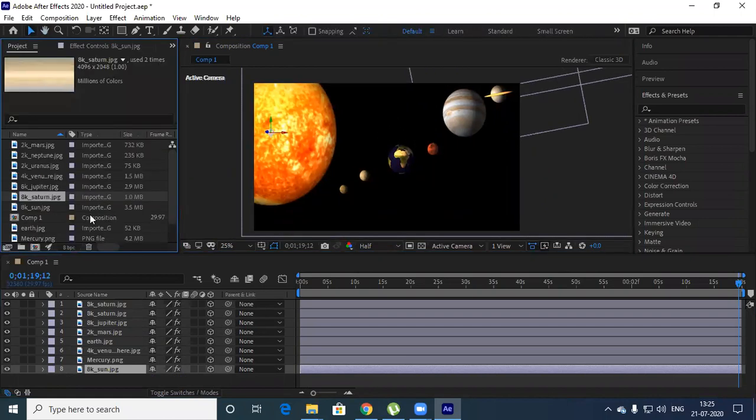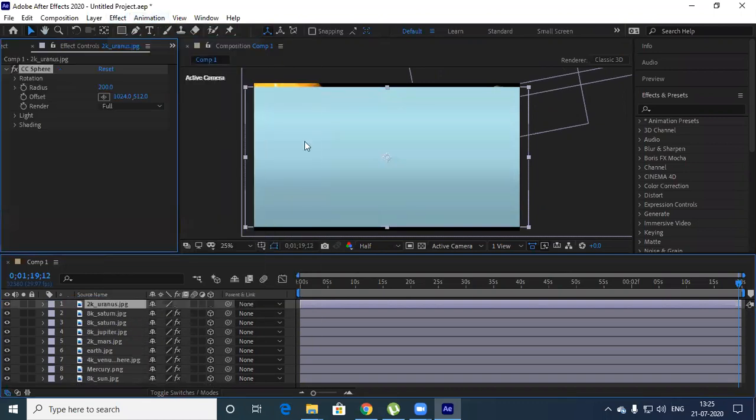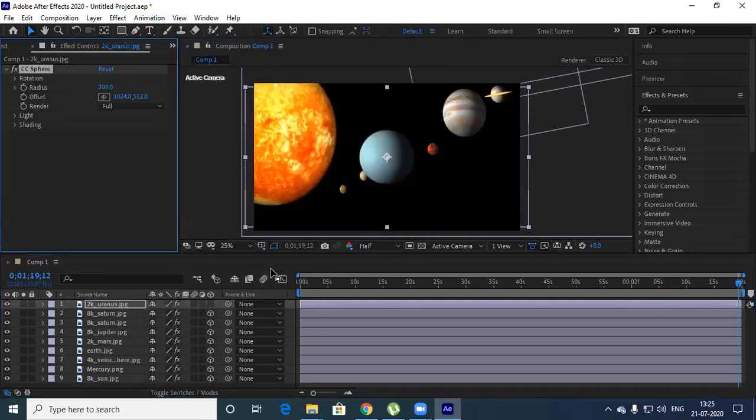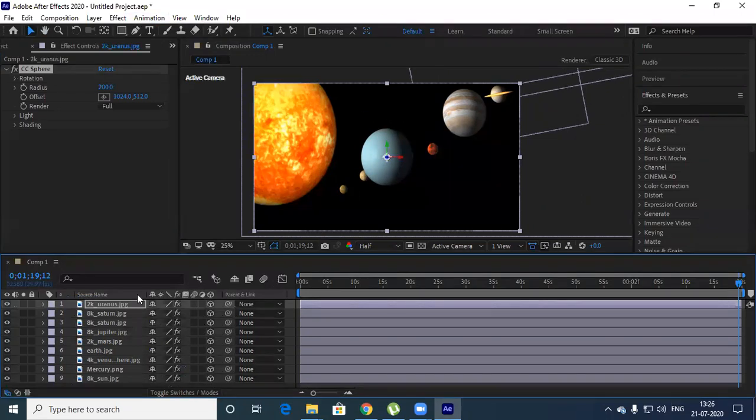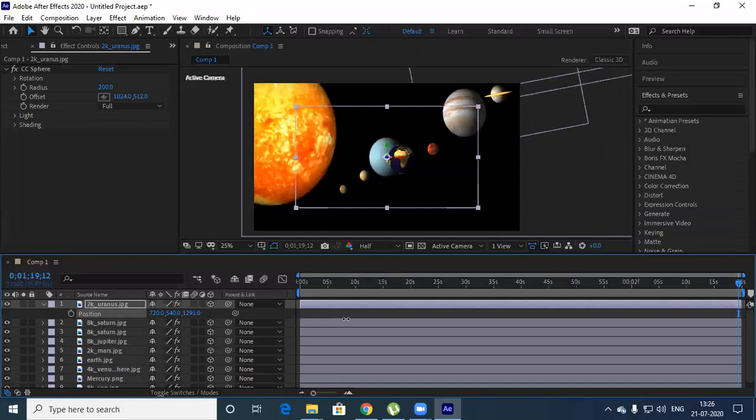So then you have Uranus and Pluto. So let's take Uranus, just drop here, and in effects you apply CC Sphere, Control Alt F, you got that, and position, just keep increasing, it's put very, very far.